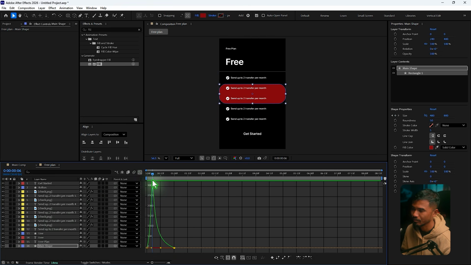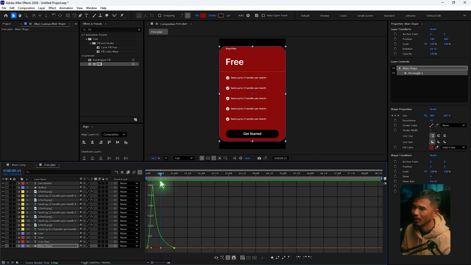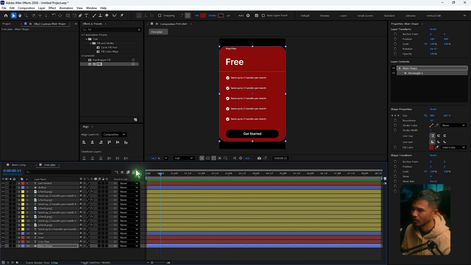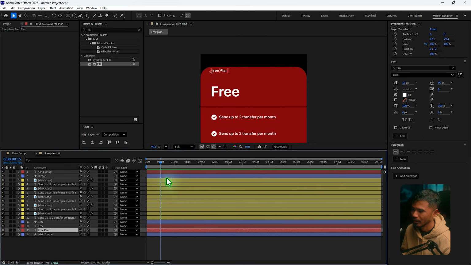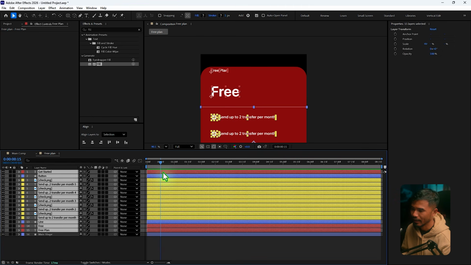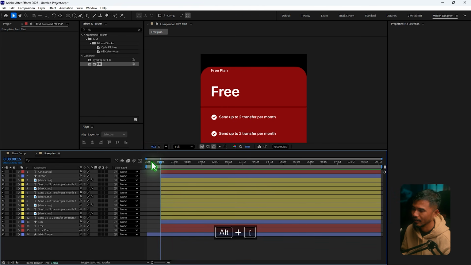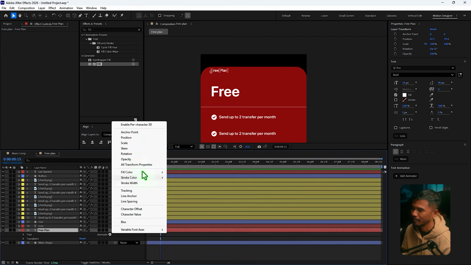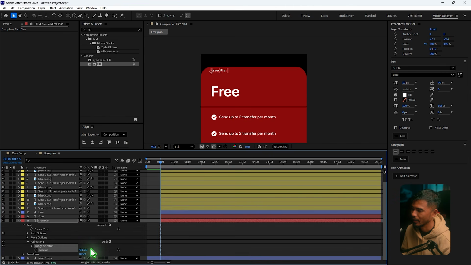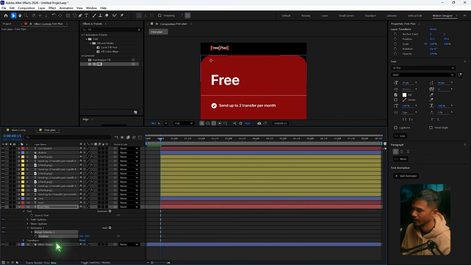And right after that, I want this plan animation to start. All right, so go to the normal timeline. I'm just going to zoom in here. You can just select all of this, hold down Alt and the left square bracket. And it will start from here. So the free plan here, I'm going to add an animate position, and I'm going to move this to a -50 and drop it from here, and